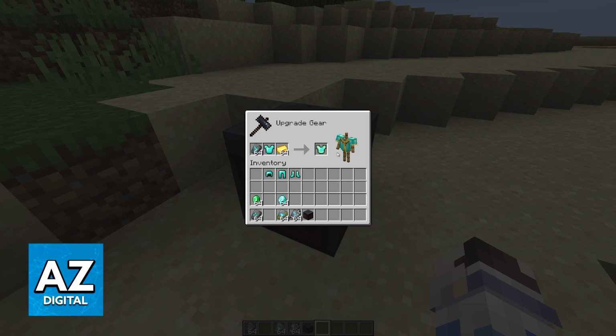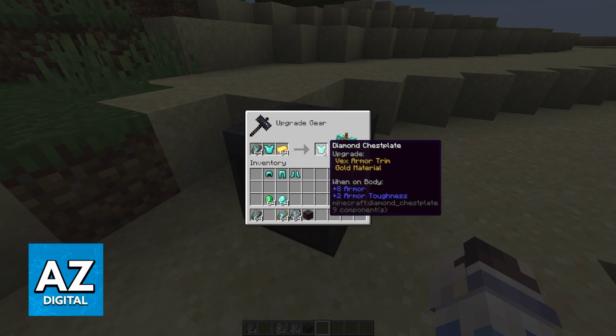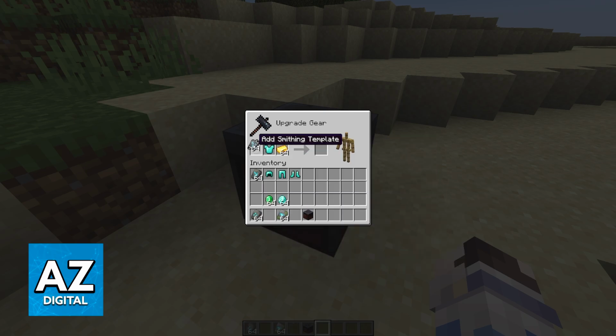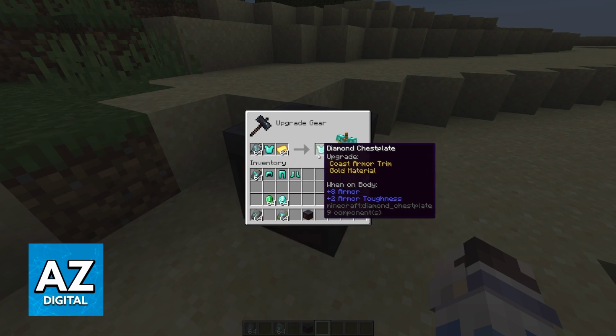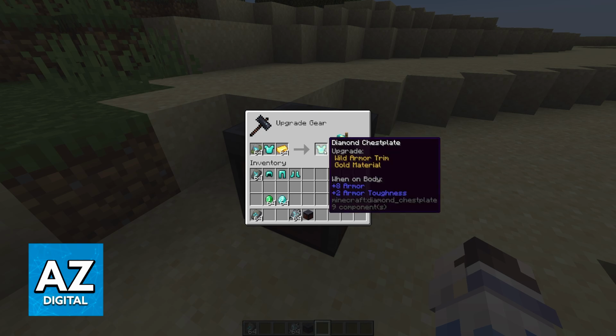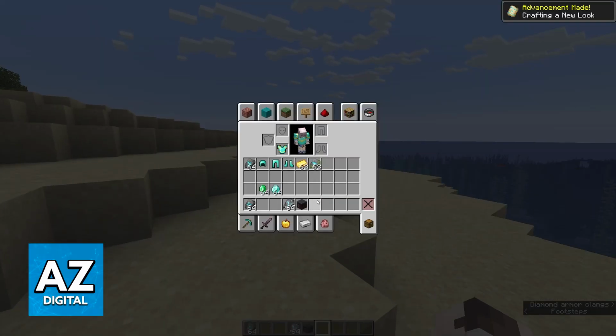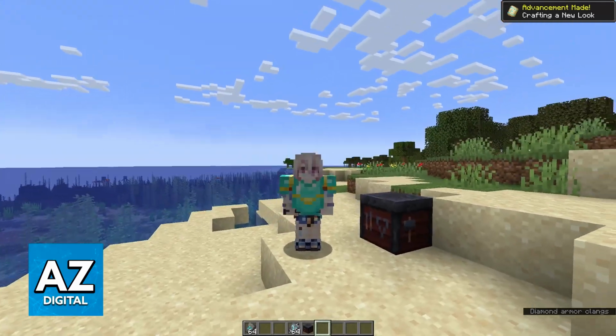So it is going to appear at the right here, and you can take it out. You can swap it out for different ores, ingots to see how it is going to look. And once you are satisfied, you can redeem the armor. So this is how it looks with various different armor trims. So once you find one that satisfies you, click on it and it will be generated. So now you can equip it and it is going to appear on your armor.